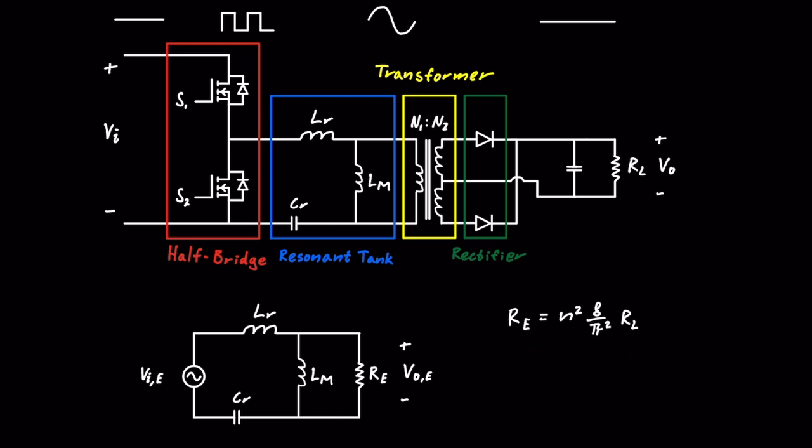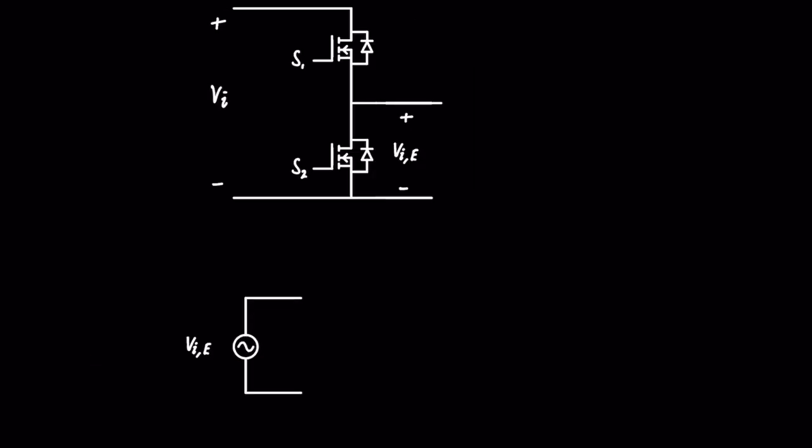Now we're going to simplify the MOSFET here on the left side. So we just get an AC voltage. I just removed everything on the right side that we don't need. So here we have two MOSFETs, so it could be either on or off. So the voltage, VIE,